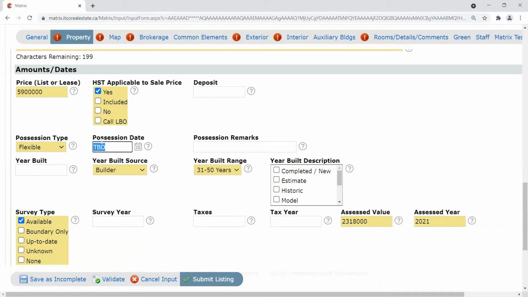I wasn't paying attention. Notice what happens, right? I've got exclamation points across the top. I've got highlighted fields. What if I save as incomplete with something broken inside of a value? I've got the wrong words inside of a box here for possession date. I have a value that I know is not going to be accepted. If I click save as incomplete,